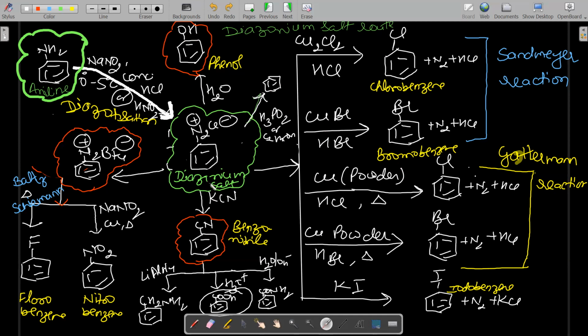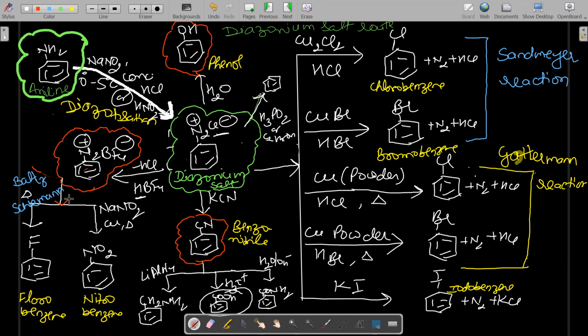From diazonium salt, you can obtain fluorobenzene even also. How? If it is coming, convert aniline to fluorobenzene, obviously we have to go for diazonium salt reaction. So diazonium salt reacts with the reagent I will write over here, HBF4. When diazonium salt reacts with HBF4, the Cl and this H are removed in the form of HCl, and it forms salt N2 plus BF4 minus. And this is diazonium chloride. This is called diazonium tetrafluoroborate.